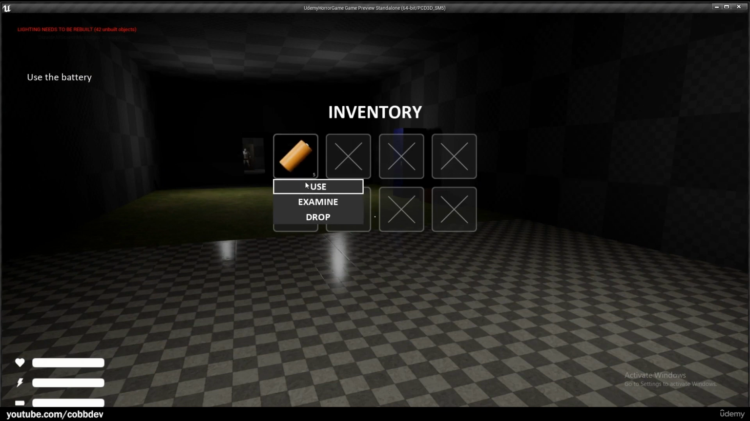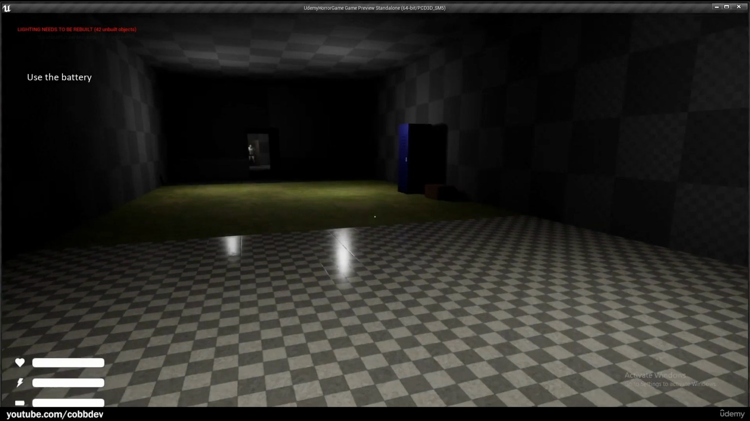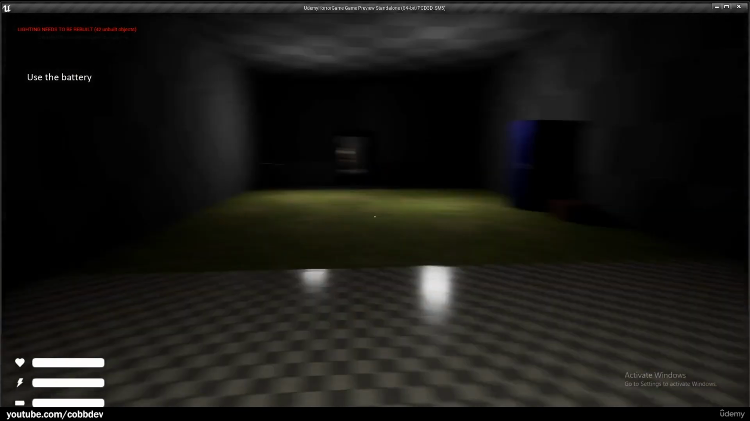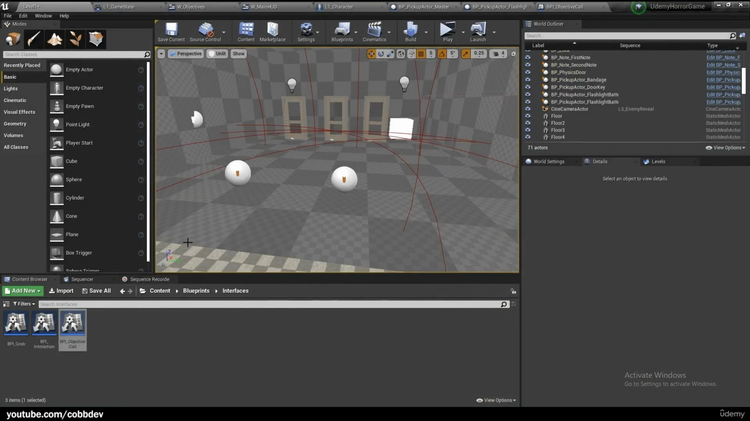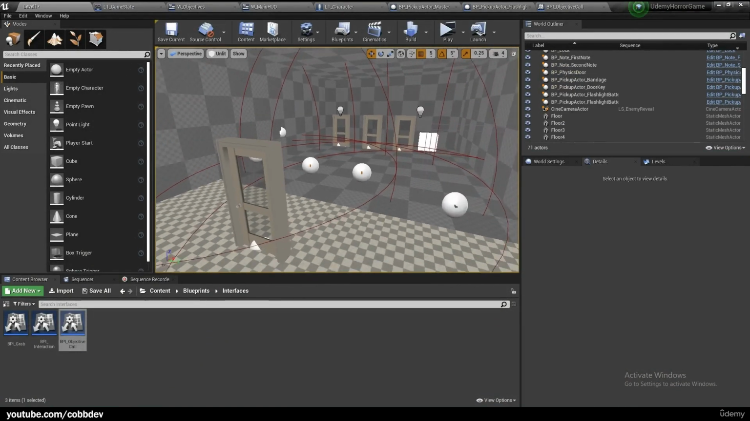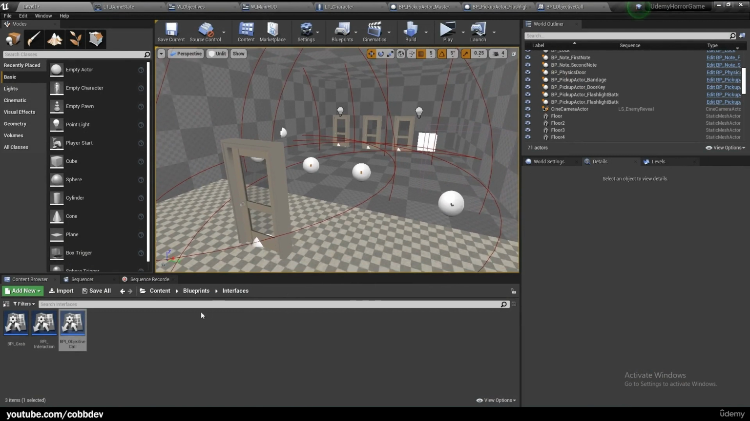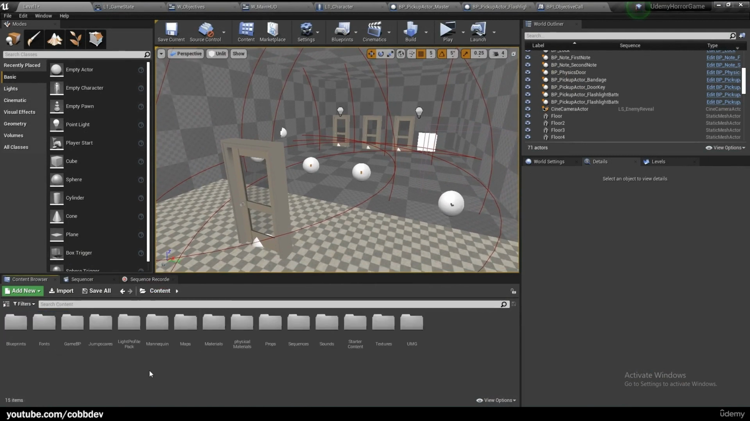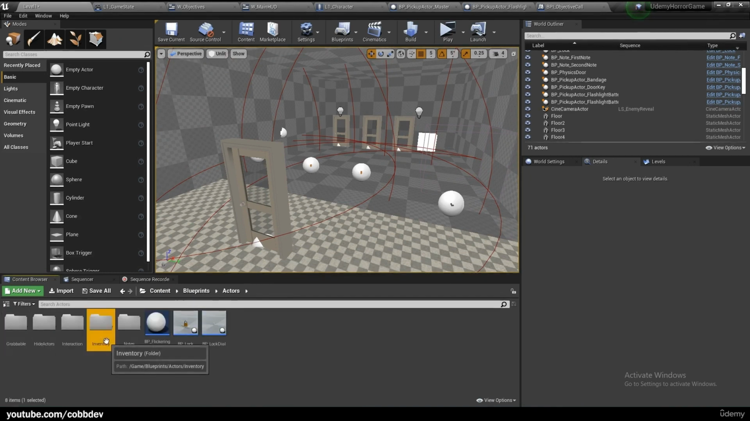Now if we do use the battery, nothing will happen because one, we don't need to use the battery since we have full battery, but two, we do not call the objective call from there. So let's go ahead and throw that in. So when we use the battery, that's called in our item blueprints actors inventory, and then BP inventory item flashlight